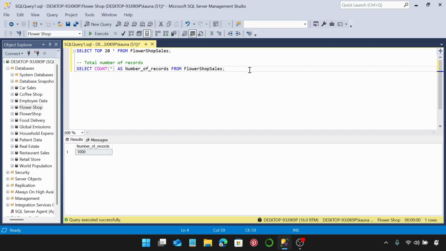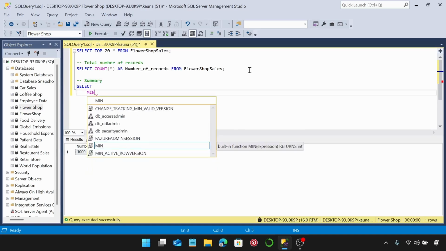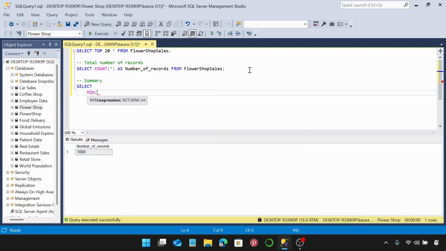Next, let's do a summary of our entire data set. So we took a moment to look at it, but let's take a closer look at what's going on. So I'm just going to write summary here, and now we're going to select, and then we're going to start with the start date. So we'll do minimum, and then we'll reference the date column as, let's call it, start date,